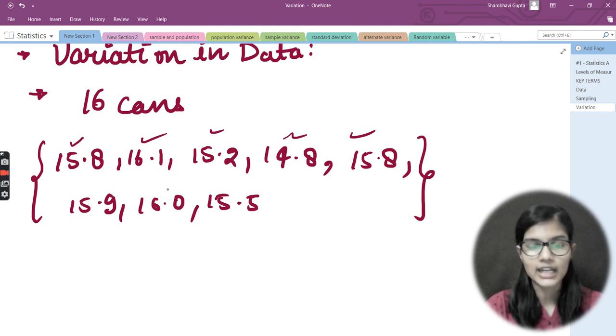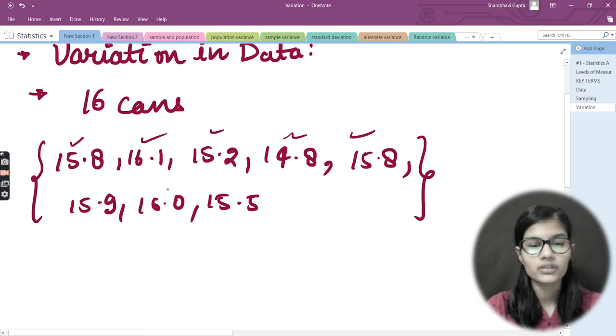First, different people can have different ways of measurement and can make different measurements as well. And second, the exact amount of 16 ounces of liquid was never put into that particular can. That is why we are getting only this much amount of liquid which is actually measured out. These can be the two reasons for this data to happen.